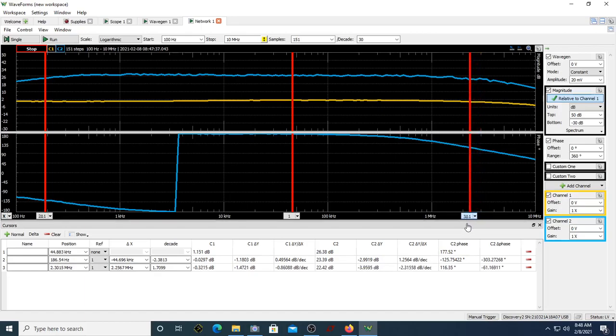You are there at almost minus 3 dB. You can see now this is the lower cutoff frequency and this is the higher cutoff frequency, which is 1.89 megahertz. Okay, let me find out the frequencies now. Let me just note down the frequencies. The frequencies are measured: one in the mid band, which is at 44 kilohertz, and the higher cutoff frequency is 1.5 megahertz. The lower cutoff frequency is 186 hertz.